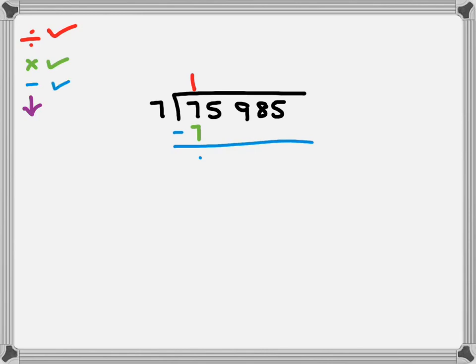Bring down. Bringing down the 5. Okay. Back to divide at the top again. 7 into 5, 0 times. Times 0 times 7 is 0. Minus 5 minus 0 is 5. Bring down